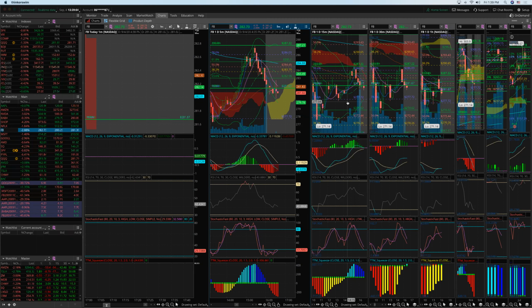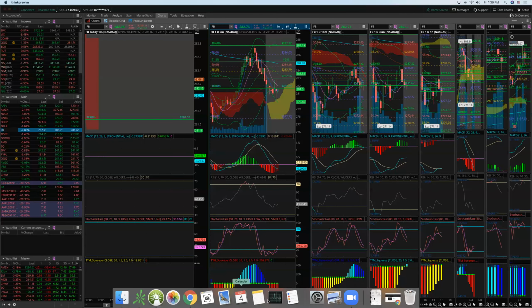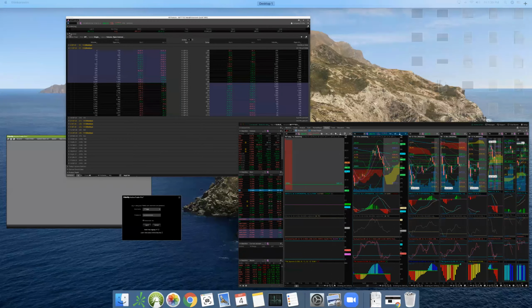So this is really important. Let's say you had 275 and then you sold it here and then it came down here. You don't want to grab 275 again. You want to grab 280. And if you sold it and you want to grab another one, the next one you want to grab is 290. You have to go by the round numbers or levels. And just let's look at the FB for a second.